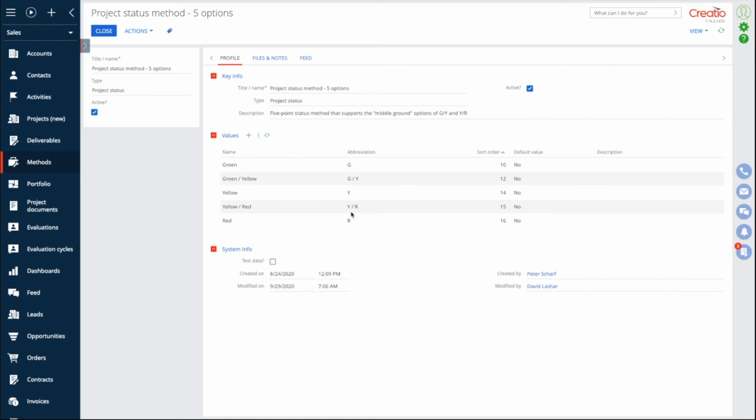If your success factors are different than the success factors that we saw a few minutes ago, those too can be changed. If different parts of your organization, different portfolios, different types of projects have different methods, we comprehend that with this functionality here.